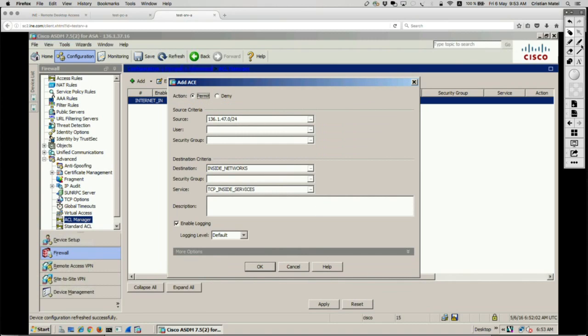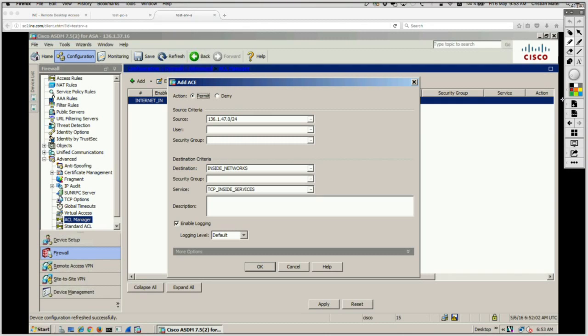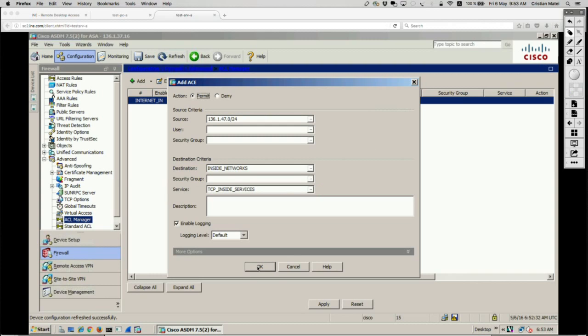So if we read the ACL again, I'm saying I want to permit the traffic from this source VLAN 47 to this destination, which means both of those two VLANs in my object group of type network, and of course only if traffic is TCP. It's included in that service object group of type TCP, which you know we added telnet, SSH, and HTTP. So let's say OK,